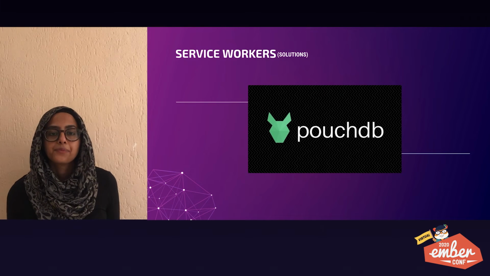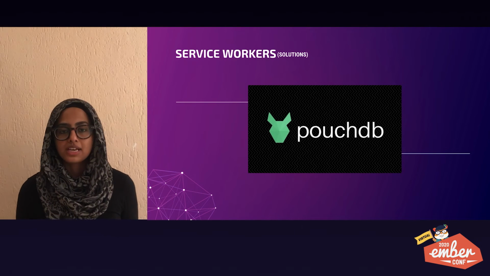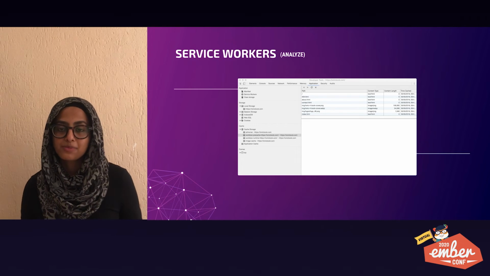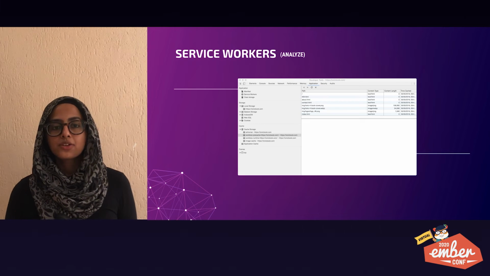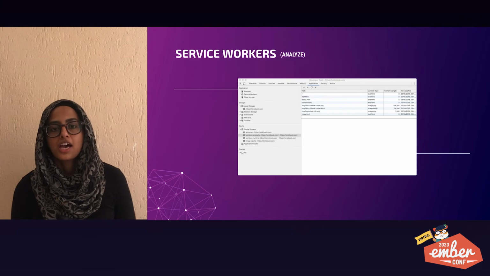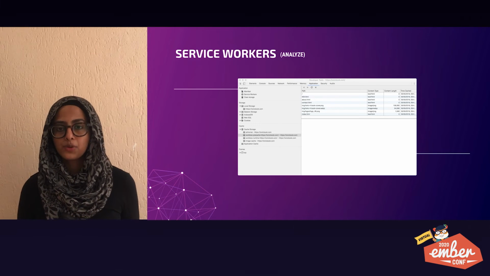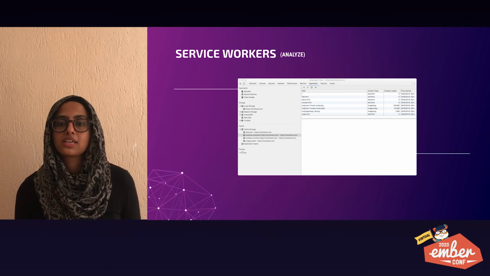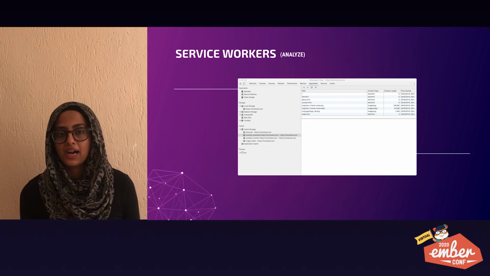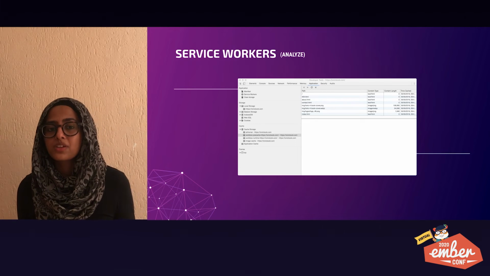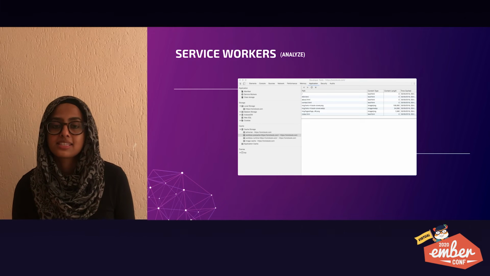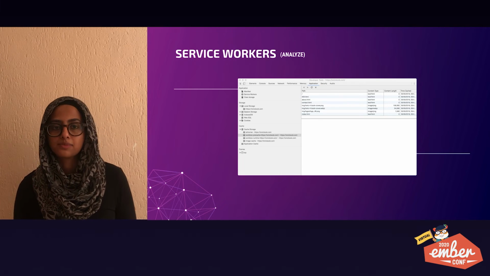Once again, in order to test our improved performance and offline strategy, Lighthouse comes to the rescue. You can see your cache files, and you can use network requests to determine where the request is getting answered from. Is it from the cache or the API? And you can also use something like Google Analytics to track metrics that will help us to assess the impact of our service worker.